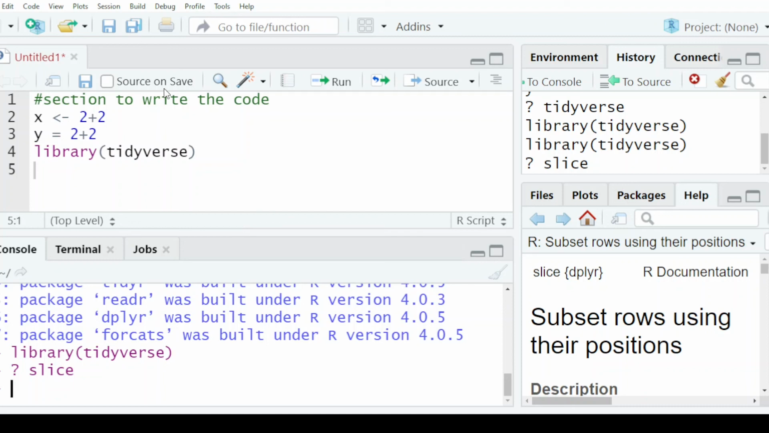So that's the basic introduction. Next time we need to go and start using